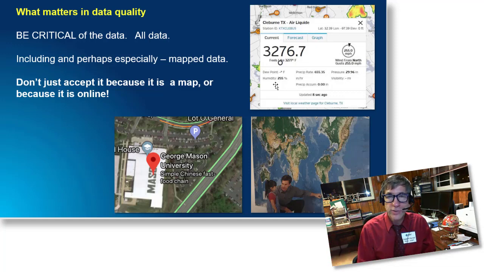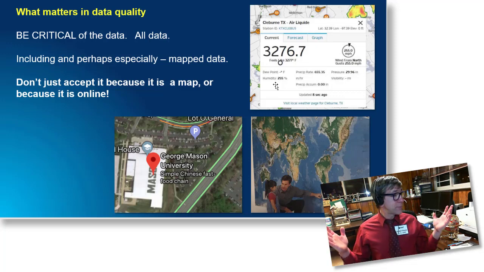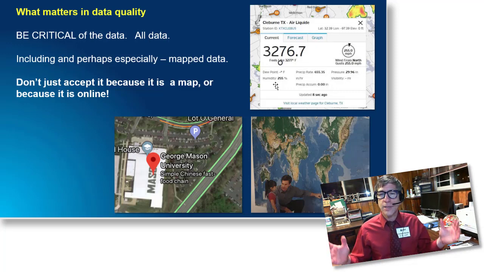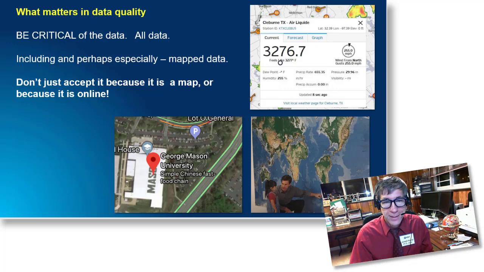This lower right image was in a catalog, and to the fairness of the publisher, they eventually, after I and a couple of colleagues wrote to them and said, you know, map orientation, the image really does matter here, the way it's oriented, please fix. And they did. What about this? George Mason University. I thought it was a major research institution. Simple Chinese fast food chain. Why does it say that for the subtitle? Interesting.